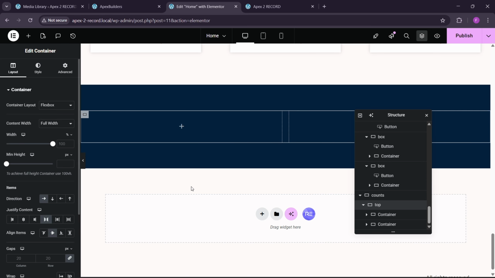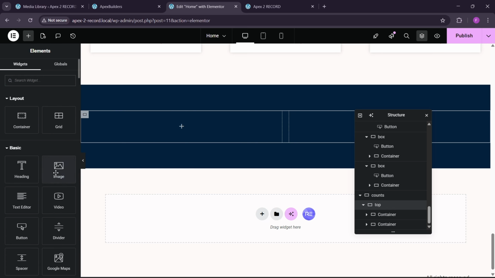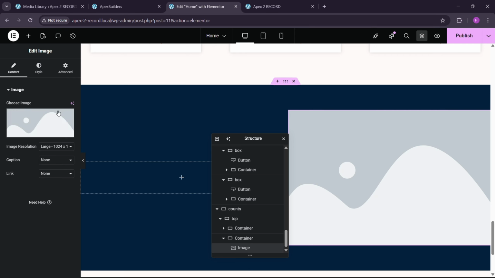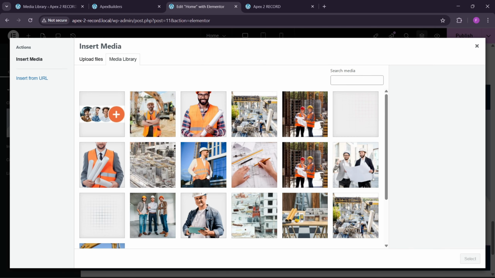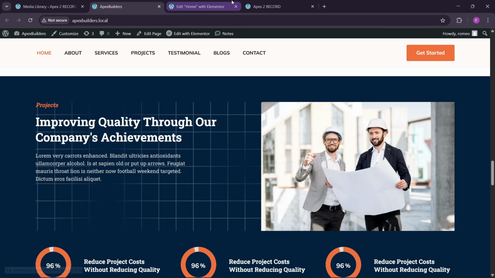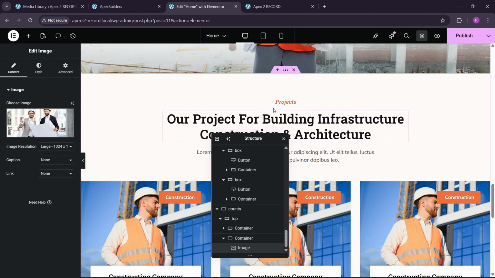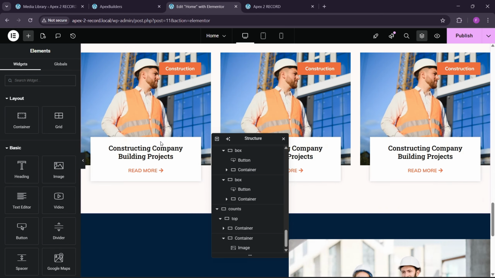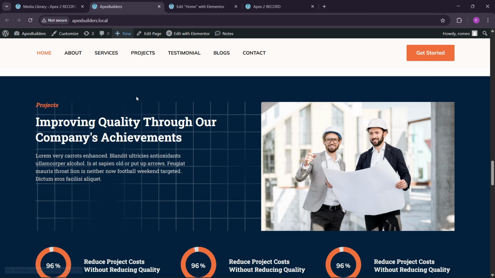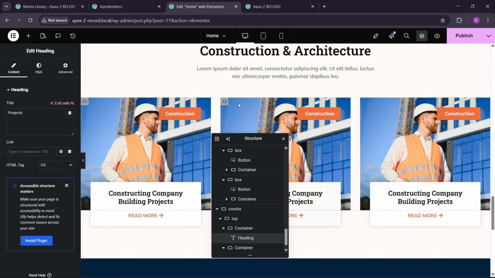Okay, and here we can have this. Now you can see we have this image in the second one, so let's add an image. Okay, and here you can see we have this image. Now you can see we have the project, so let's keep this heading here. Okay, we just need this heading, so